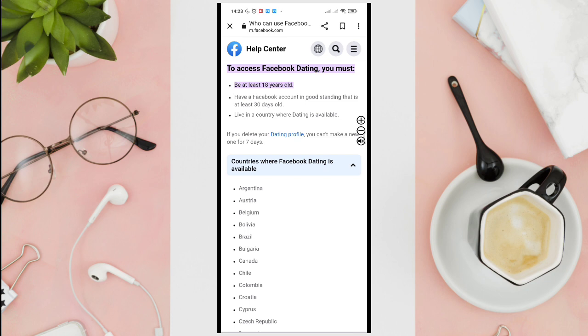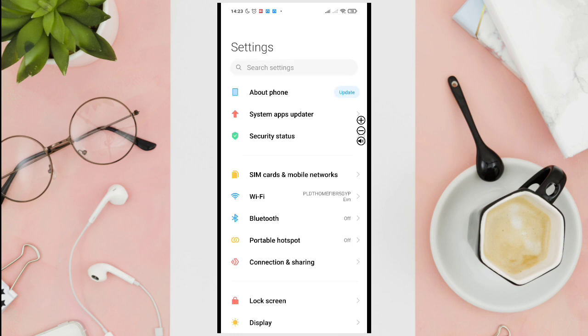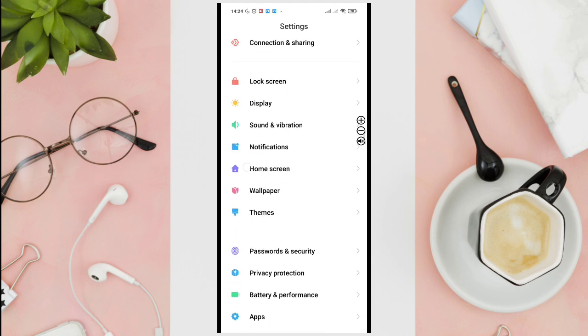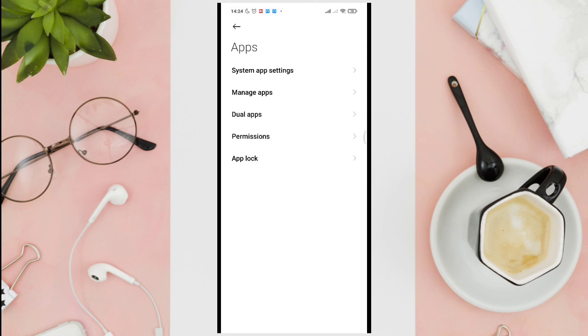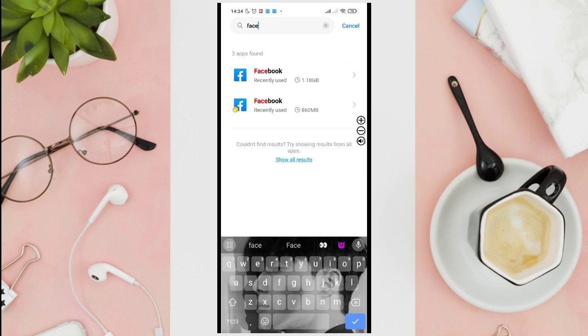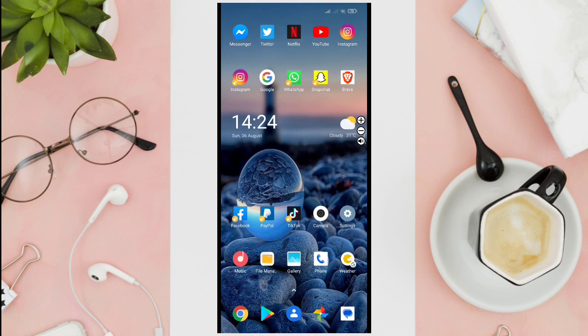Now the second option that you can do, okay, if you have all of these requirements, just go to your phone settings and then go to the apps. Okay, let's look for the apps. Okay, it's here. Then tap on manage apps and then look for your Facebook application. Okay, just use the search bar. And then tap on Facebook. Okay, you can tap on clear cache or uninstall the application so that you will have a fresh version of this application. Okay, so you just have to download this application again in your Play Store or App